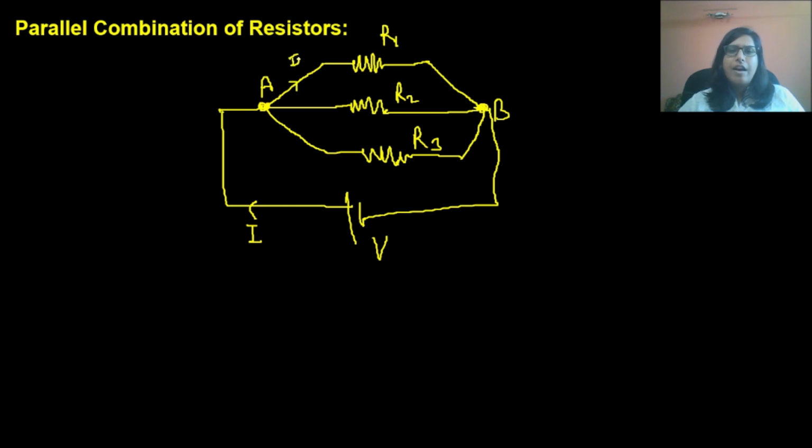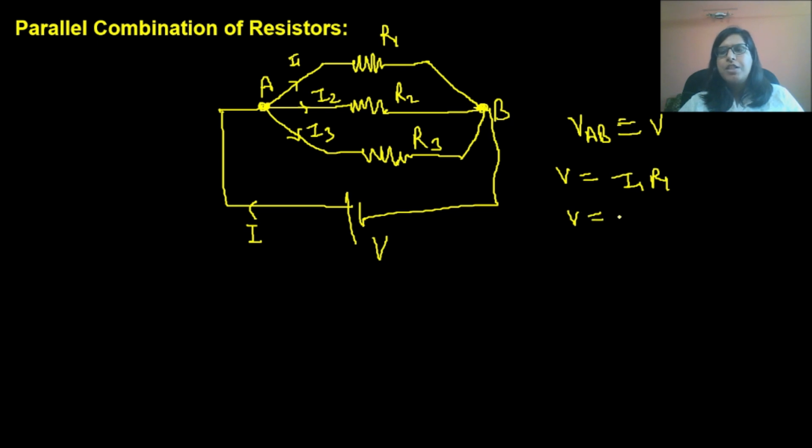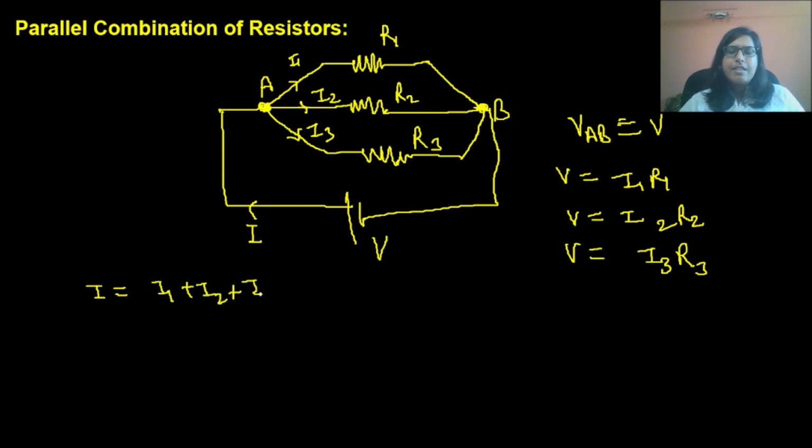Suppose this is I1, this is I2, this is I3, then VAB will be equal to the voltage of this battery. So we can write V equals I1 into R1 for resistor 1. Similarly, V equals I2 into R2 for resistor 2, and V equals I3 into R3 for resistor 3. And at this point, I is divided into three branches. So we can write I equals I1 plus I2 plus I3,